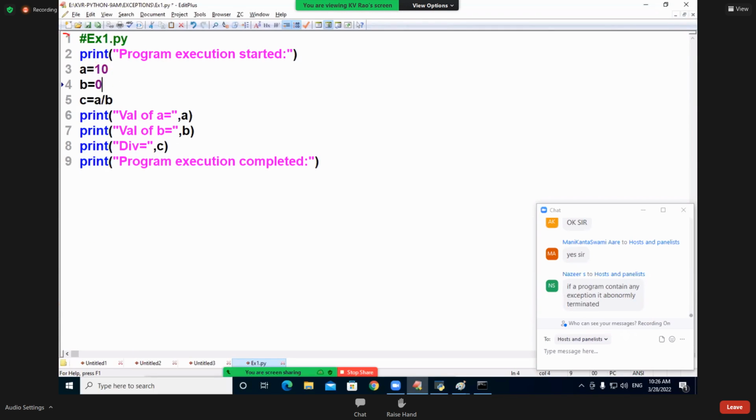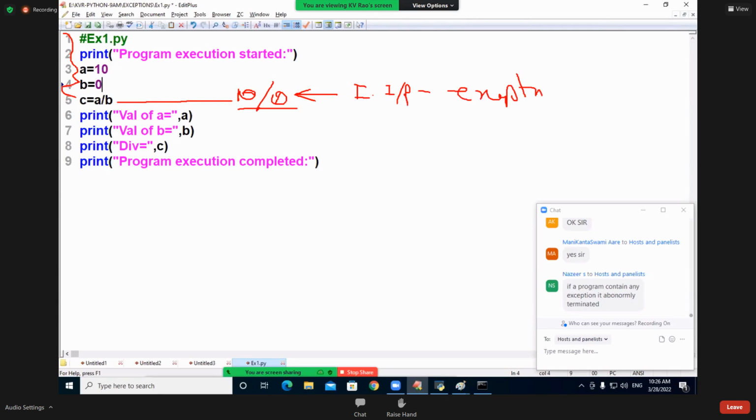Program execution started. PVM is going on, coming. Line number 3, 4, no problem. Line number 5, it is coming. It is saying to substitute as what? 10 by what? 0. 10 by 0 means what? Is it valid input or invalid input? It is called invalid input. Invalid input in Python is known as what?